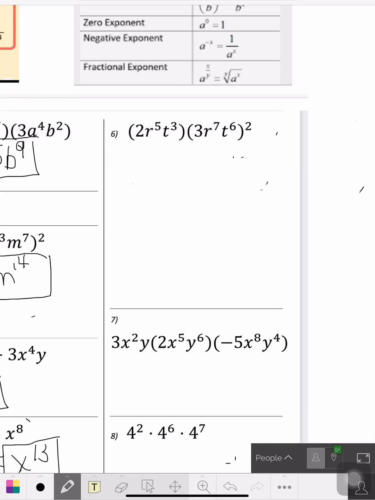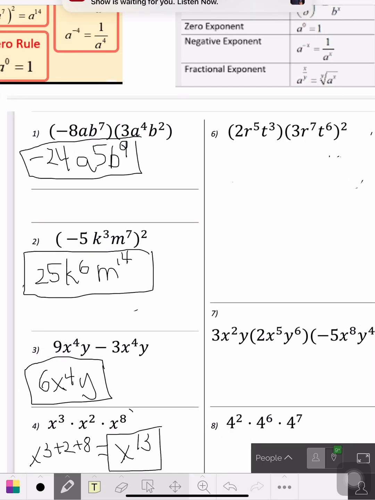Go to the top there. This goes back to the same one like we did in number 2. See how it was? So we could do it two ways. We could rewrite this, 3r to the 7th, t to the 6th. We could rewrite it and have 3 numbers going across. Or we could just leave it like this. But let me rewrite it so that you can see how this works. So we get 2r to the 5th, t to the 3rd,